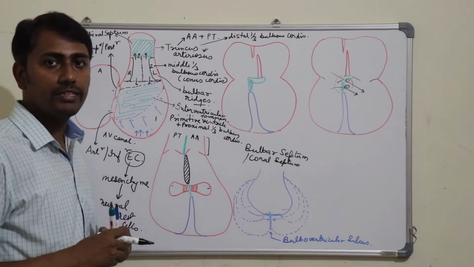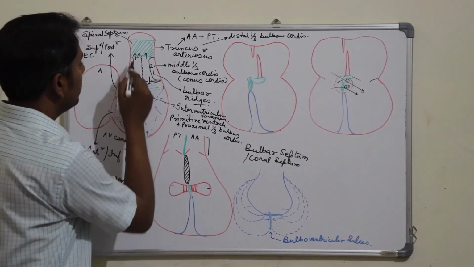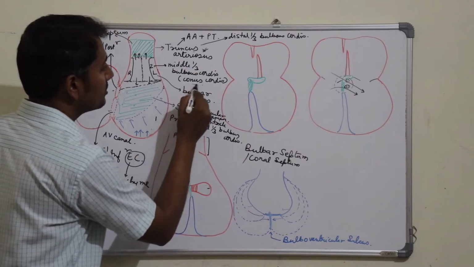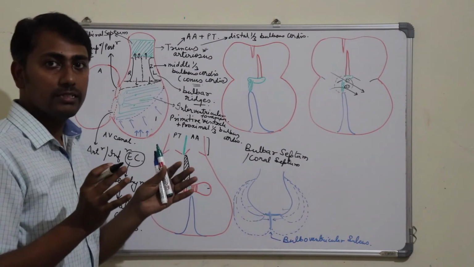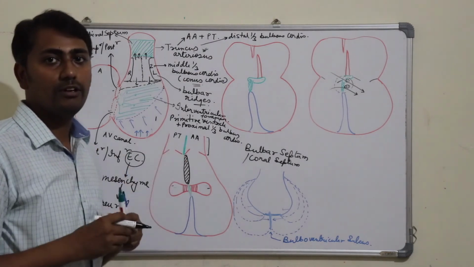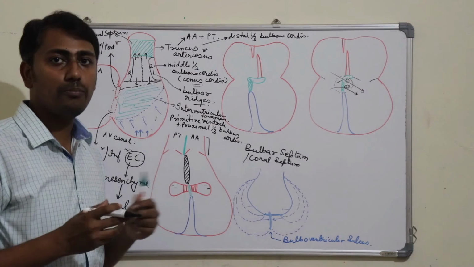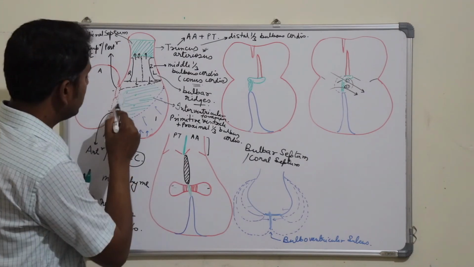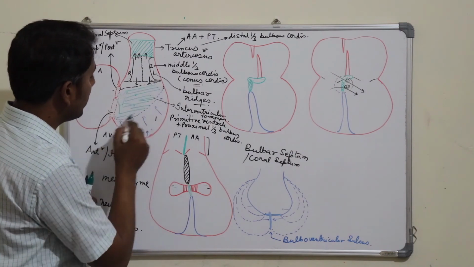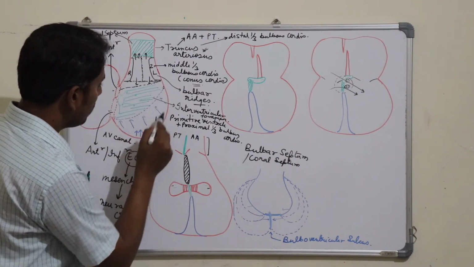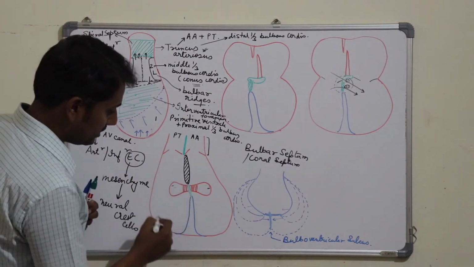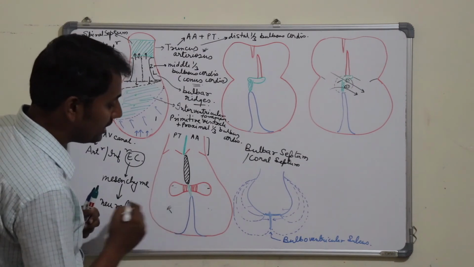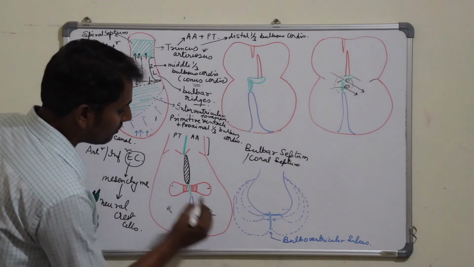Now, correlating with the adult anatomy, the bulbar septum will divide the conus into two parts, the right and the left, that will form the corresponding outflow part of the right and the left ventricle. And the part which was divided by the proliferation of the endocardial cushion and the muscular part of the interventricular septum, this area, will form the rough part of the right ventricle, and this will form the rough part of the left ventricle.